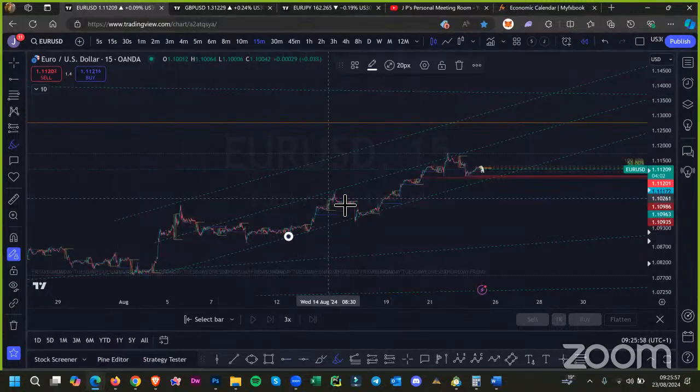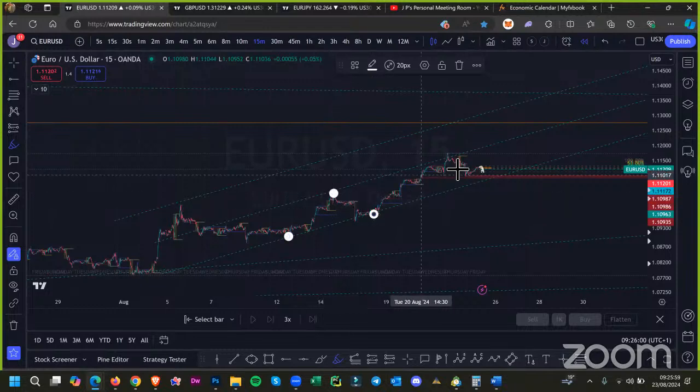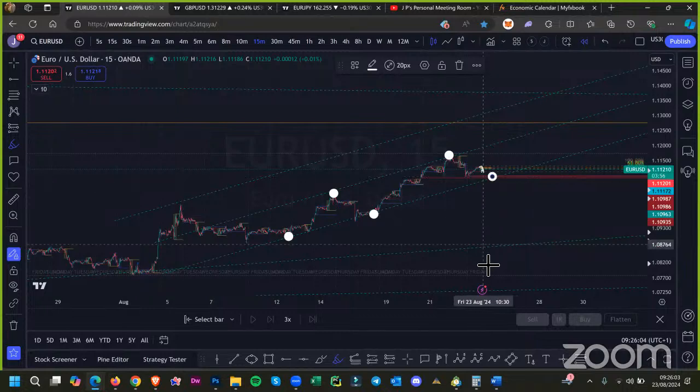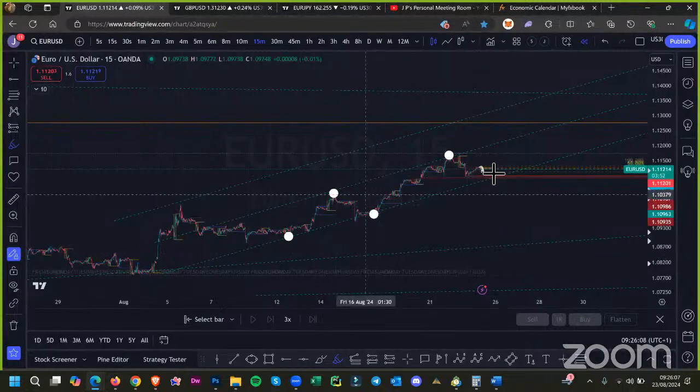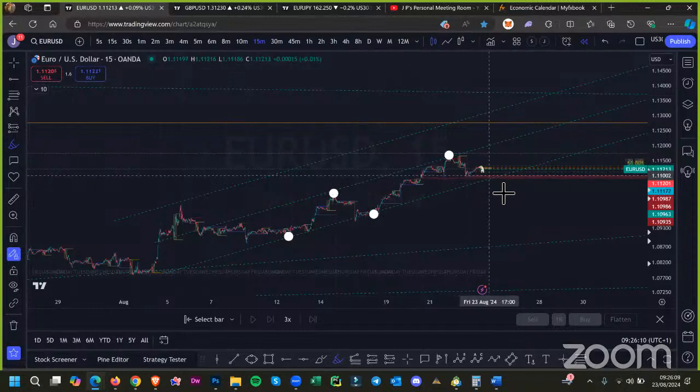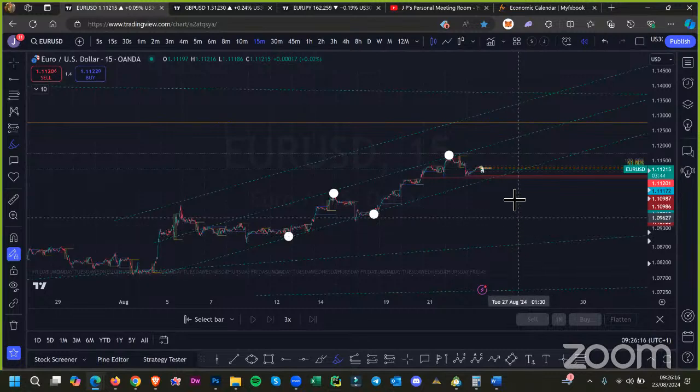ping pong, ping pong. So the market might want to ping. Yeah, that's the sell energy that I'm in, of why I'm saying that the market might want to ping. I actually want it to ping straight past there and go all the way to hell. Yeah, I want to sell this market, but don't get it twisted. The market could